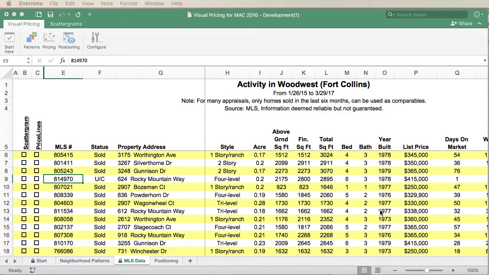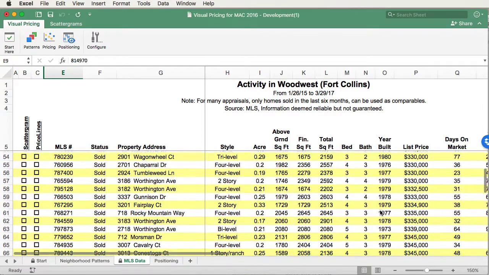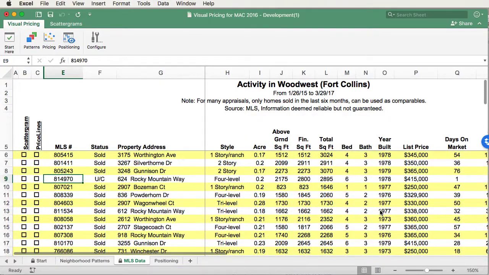When you look at this sheet, what you're going to find is that all the data you exported is on this one sheet. This is all the data that was used to create several of the other graphs. When you read in your export file, which was downloaded from your MLS, most of the visual pricing system graphs are created automatically. However, your scattergram and price lines are not. We don't create those graphs for you automatically because we believe you will want to put a subset of the